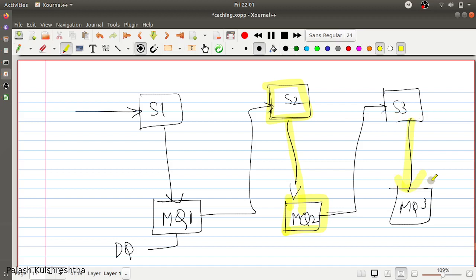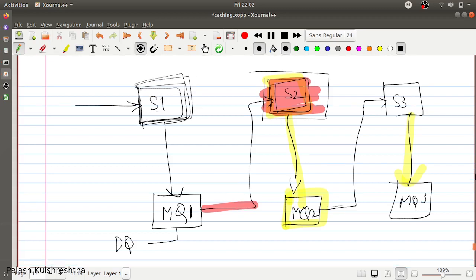What is going to happen when a particular message is not processed? For example, during this step, this service goes down. How is the whole system going to handle failure of this service? If service 2 is not able to process the request, we may have to revert the operation that was done by service 1.